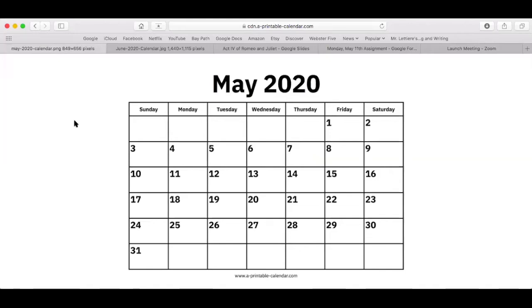Hi, students. Before we jump right into today's lesson, which is going to be Act 4 of Romeo and Juliet, we finished Act 3 last week, so we're going to do Act 4 this week and Act 5, so that will finish the entire play. That's exciting, but before we do that, I just want to make sure we're all on the same page